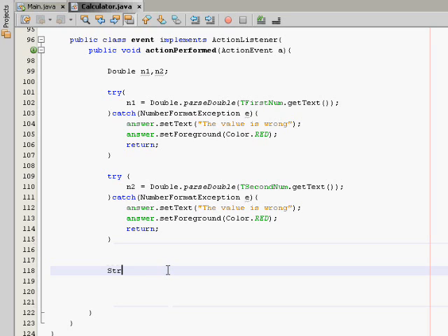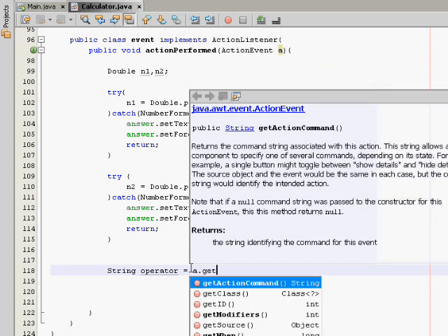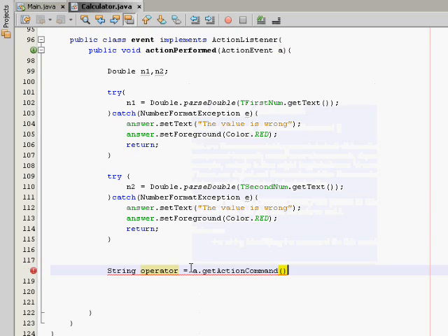So let's just declare a string operator. I name it operator and I declare it string operator equals a dot get action command. Then we'll be creating some if statements here. So follow me. If operator